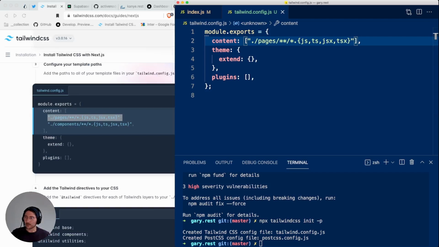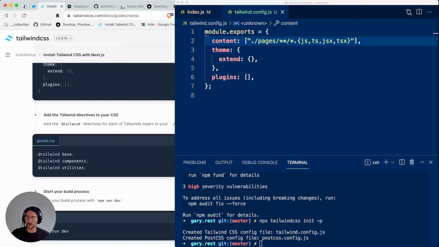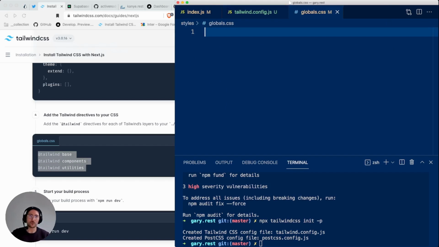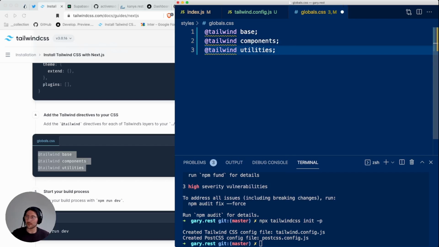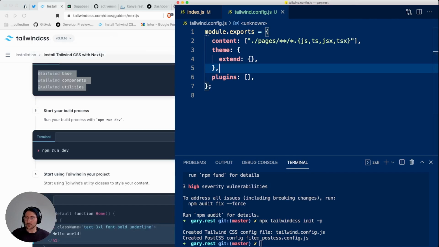And oh, there wasn't even a last one to do. There's one more thing to do, which is using these @tailwind statements and putting them into globals.css. Save it, and now it says you can finally run npm run dev.